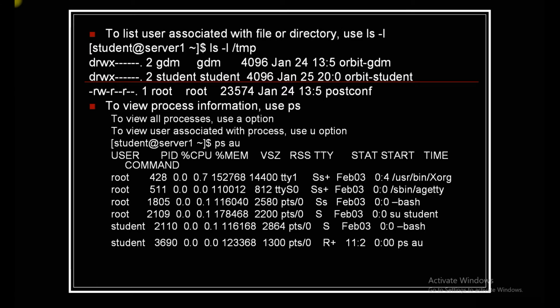So if you want to see the files and directories, this file and directory is controlled by which user, which group, how you can do ls space -l and the file system name. So you can see its user and its group. D is for directory, read, write, execute, read, write, execute, read, write, execute. Basically all this information I have already explained in my previous video, which is file permissions.